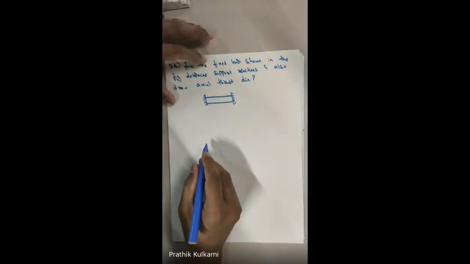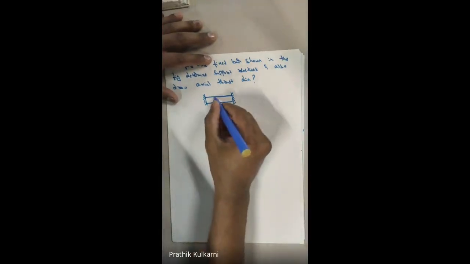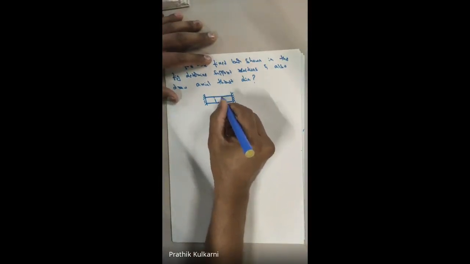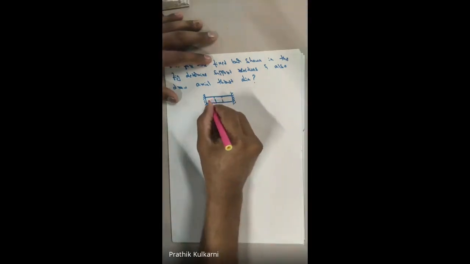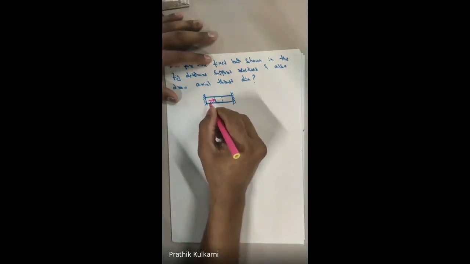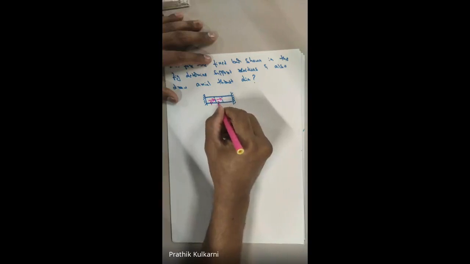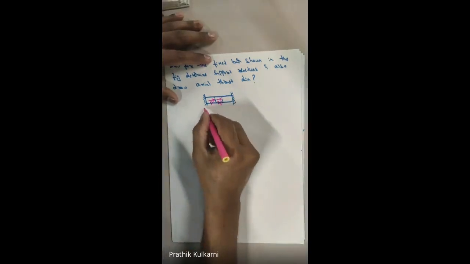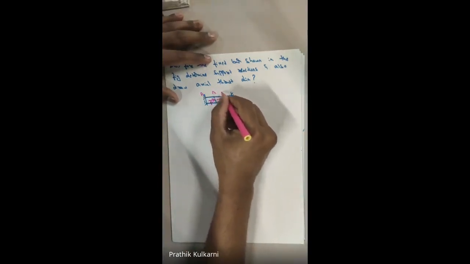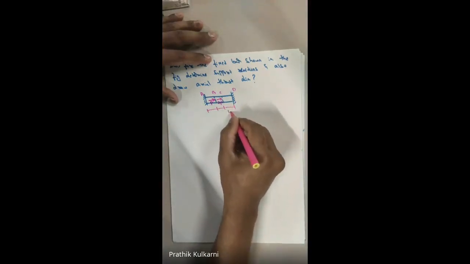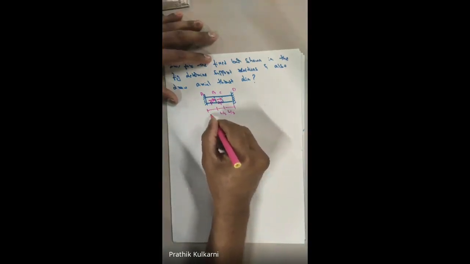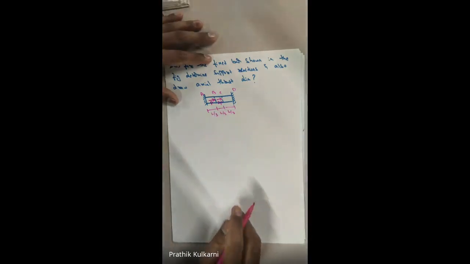This is a fixed bar we have. Now on this fixed bar, here we have two portions where the force has been given. The force here is P and the force here is 2P. This is my A, B, C, D, and the length, if you take it, is L by 3, L by 3, L by 3.